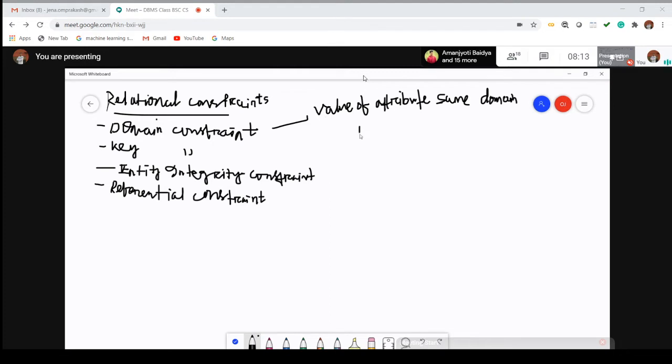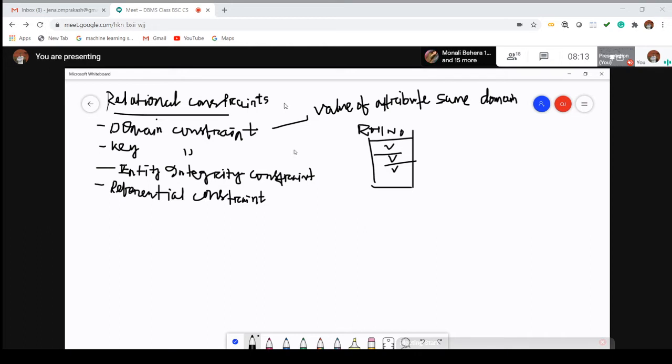All the values present in roll number should belong to the domain roll number. It should not be name, address, or contact number. So all the values should be roll numbers. It is called domain constraint: the value of each attribute must be from the same domain.